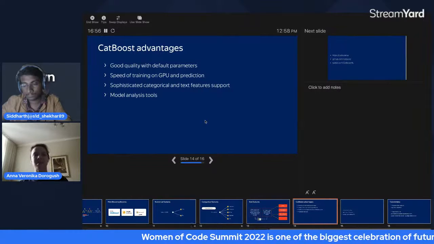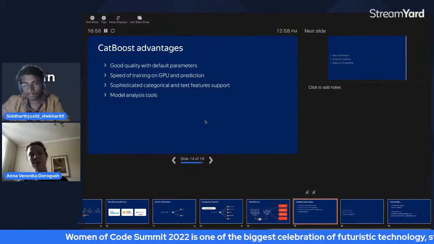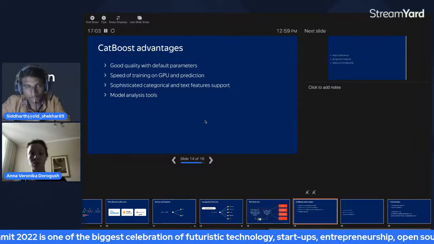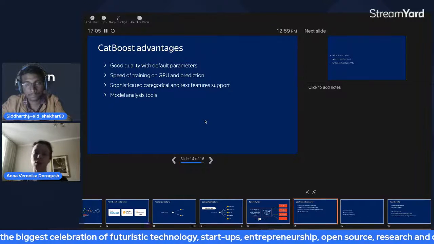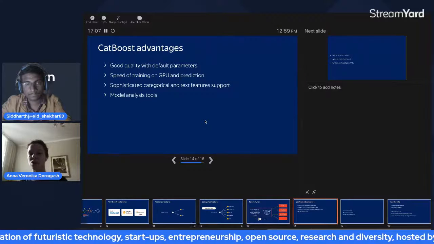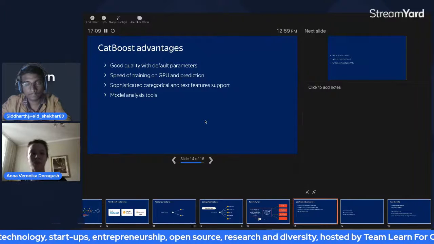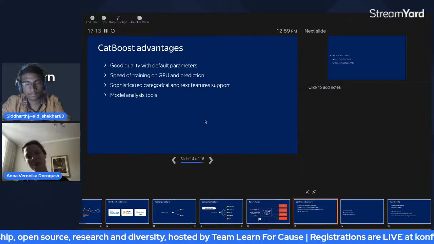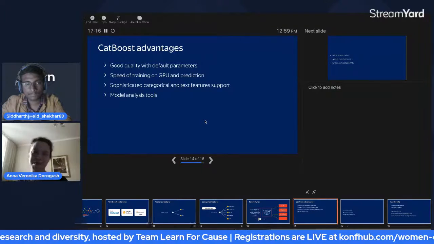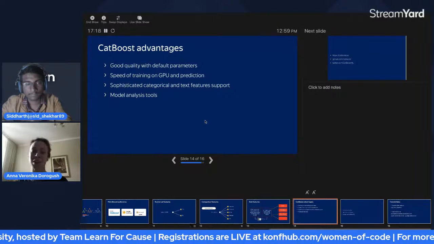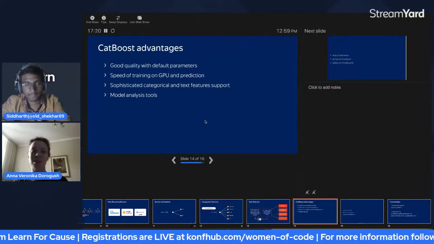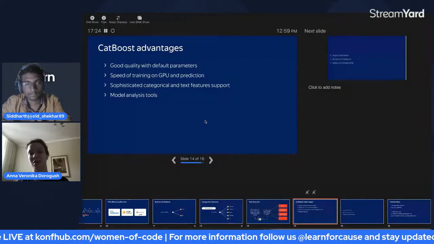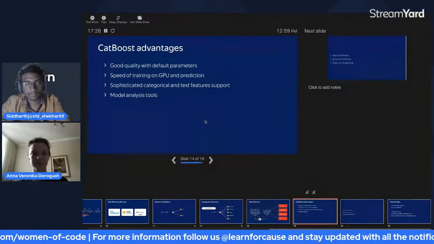The second thing is the following. The speed of the training on GPU of CatBoost is very, very good. So it's super fast on GPU. And it also makes very fast predictions, which is important if you do production. But normally, if you are a student, you normally don't care about production, you care more about machine learning competitions. So here, if you have access to GPU, then it would work very, very fast.